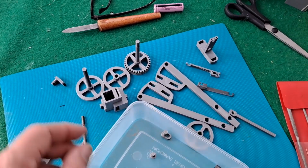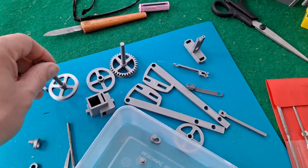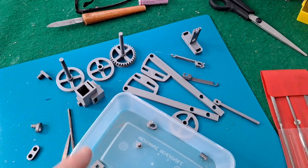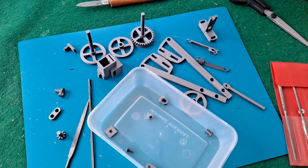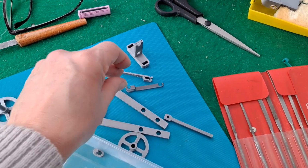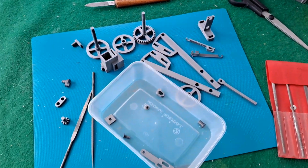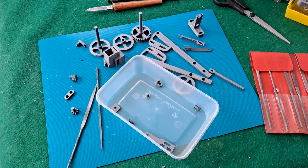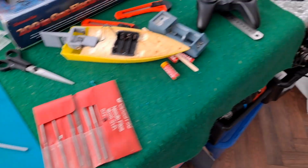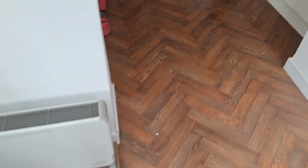Completely new print using the grey or silver filament that I've got now. Been having a lot of trouble with it printing, a lot of fails for some reason, not quite sure why, but we're getting there slowly. It's taking longer than the first attempt took, but we'll stop now